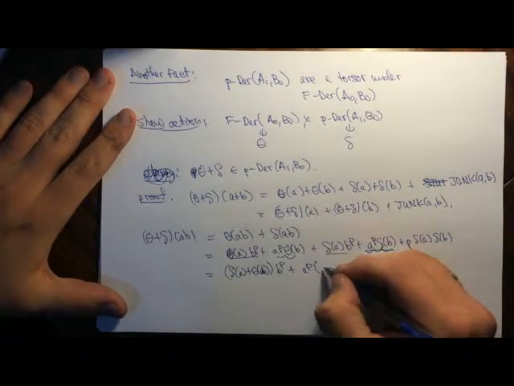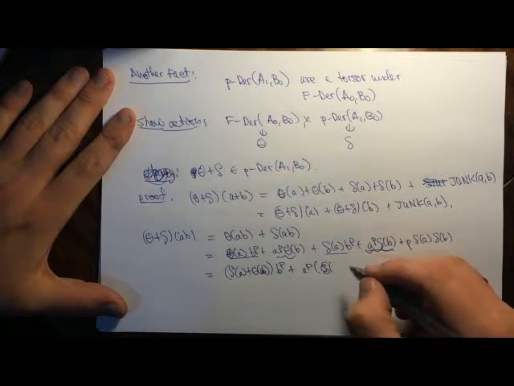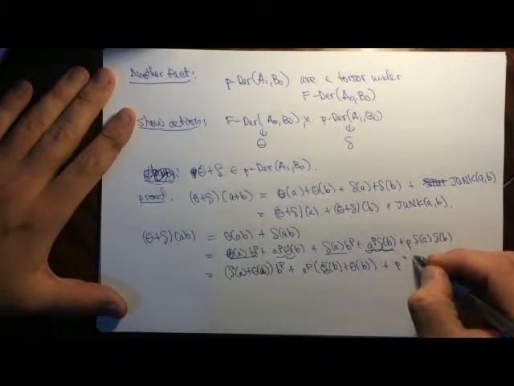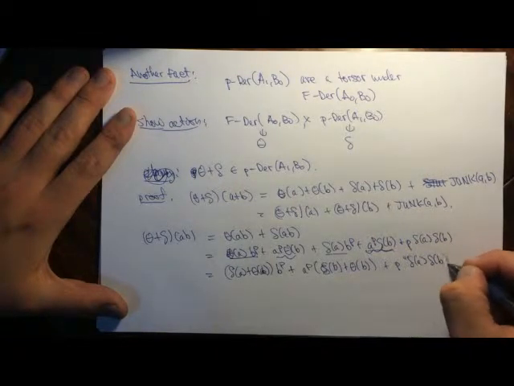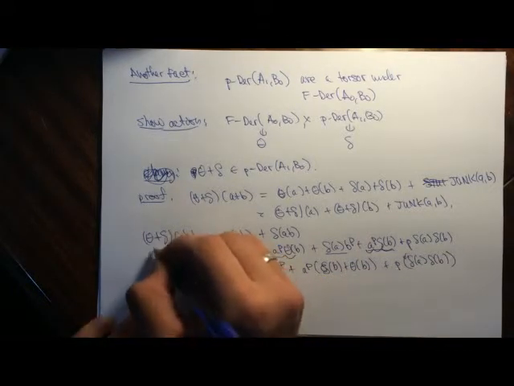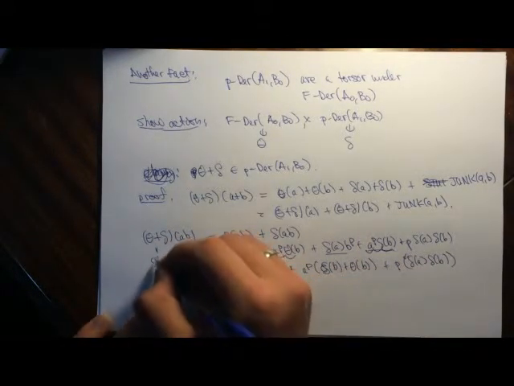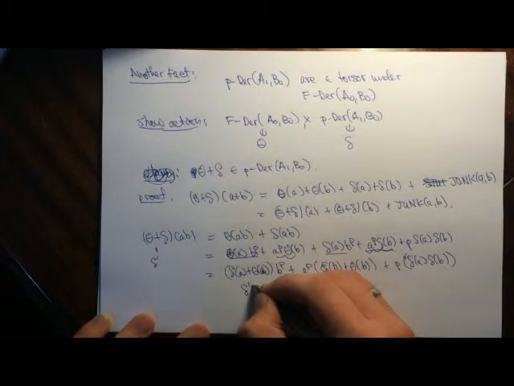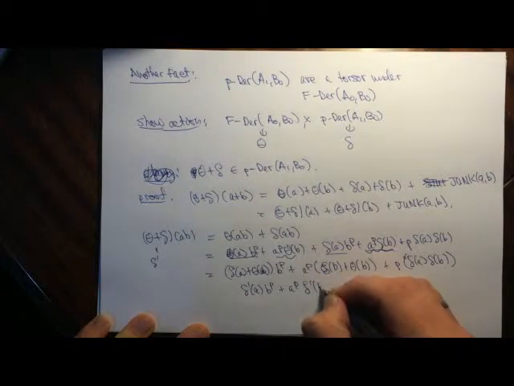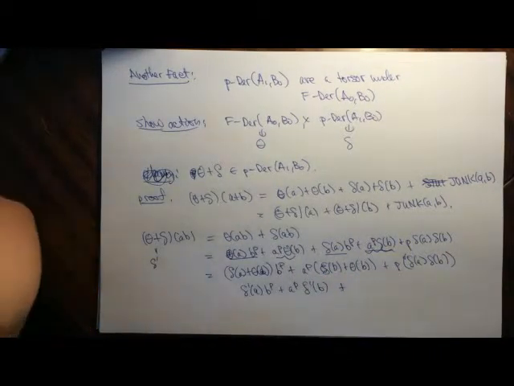So this is equal to A to the P delta of B plus theta of B plus P, and then we have delta A, delta B. Okay, so let's call this delta prime, delta prime of A, B to the P, plus A to the P delta prime of B, plus, and now we're missing